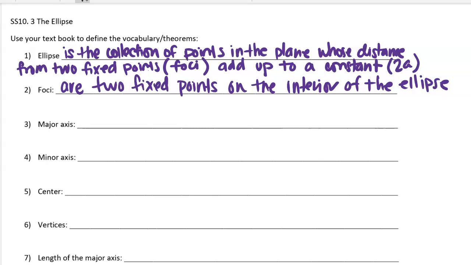Major axis is the line containing the foci. Minor axis is the line through the center